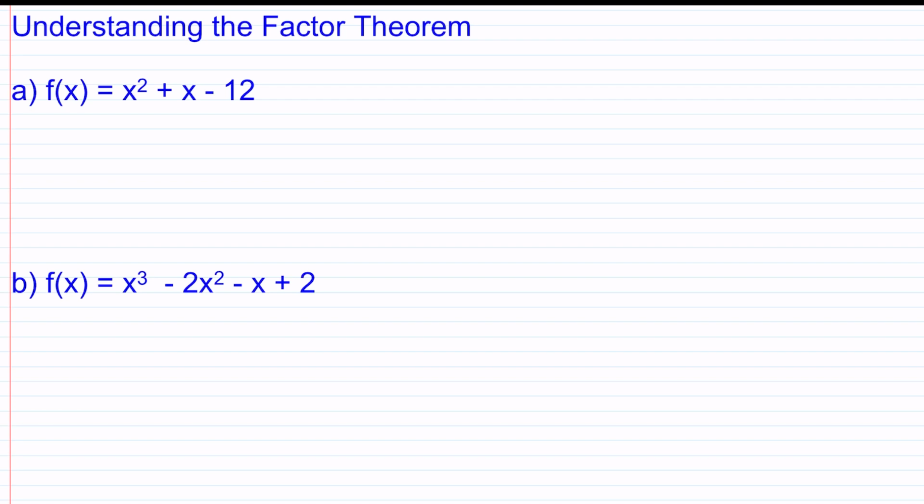So if we look at the function of x in part A, this is x squared plus x minus 12. And we're going to find the factors of this quadratic, and these are x plus 4 and x minus 3. So these two factors multiply to make this quadratic. And if either factor was 0, then the entire quadratic would be equal to 0, because anything multiplied by 0